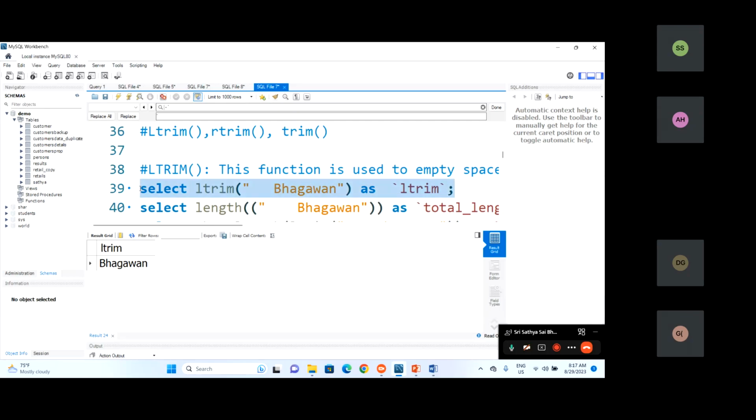If I want to return the value without spaces, let me pass that. See here, I'm passing the ltrim function with the empty spaces present before the string, and I'm passing this string as well. If I run this query,